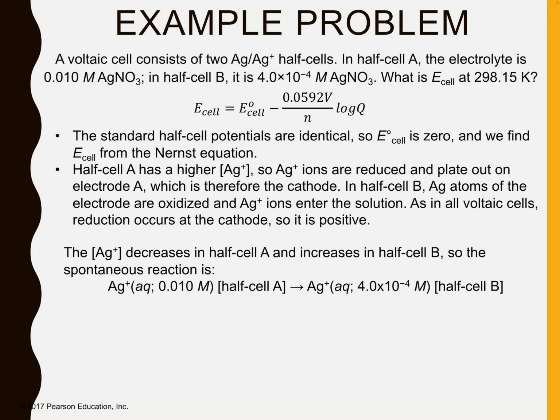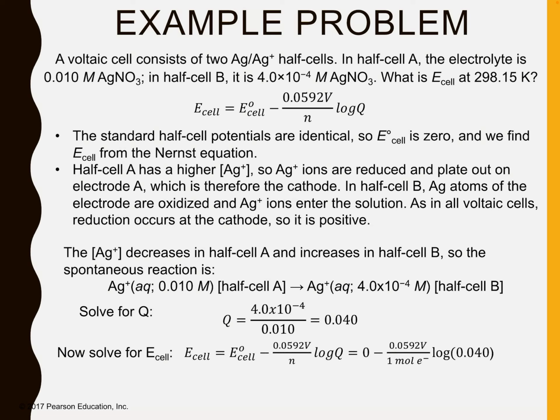So, as we go through this, our silver concentration will decrease in half cell A, because that is the one that's being reduced, right? So it's going to plate out. And it will increase in half cell B because our silver bar is going to dissolve and become silver plus. So we'll go ahead and we'll solve for Q. So we have our Q is going to be our products over our reactants, okay? So again, you need to make sure you have these going the right direction, okay? So we'll have products over reactants, so we'll get 0.040, and then we can go ahead and calculate E of